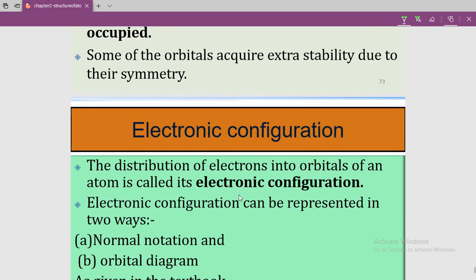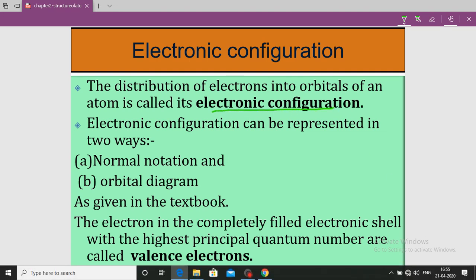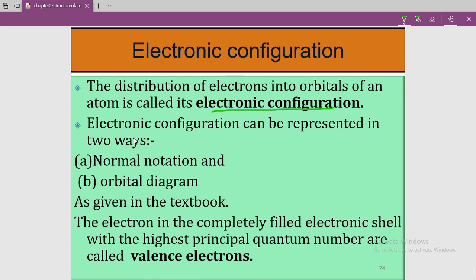Now see here the electronic configuration. Okay, distribution of electron into the orbital is known as electronic configuration. Electronic configuration can be represented in two ways. One is the normal, in the K, L, M shells, as we